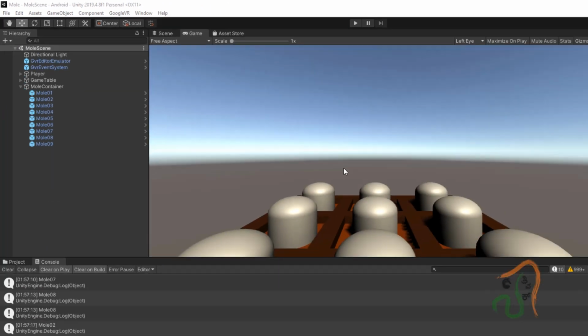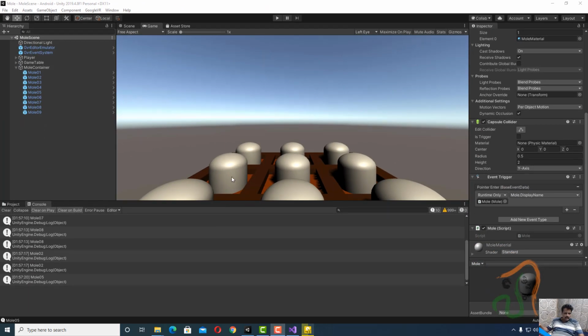Now what is happening is, when we are seeing the mole, the command of printing it in the console is getting executed as soon as we look towards the mole. However, we want this printing to be executed not when we see it, but when we click on it.